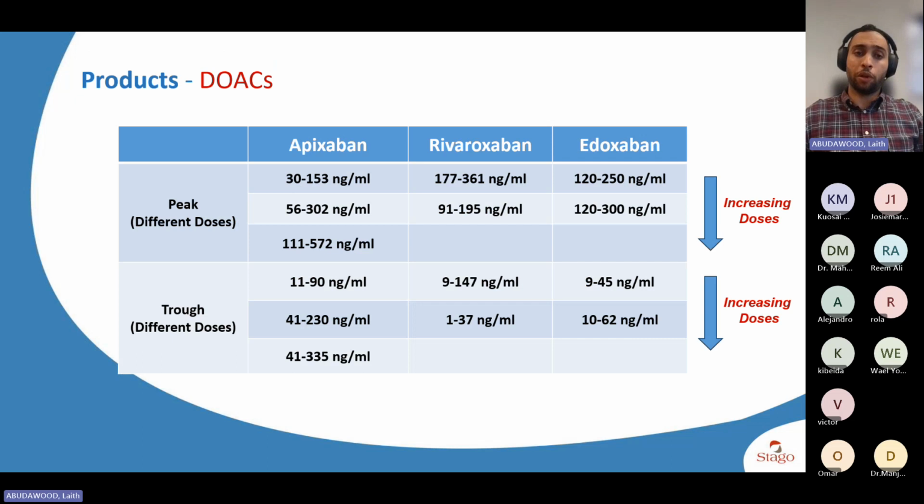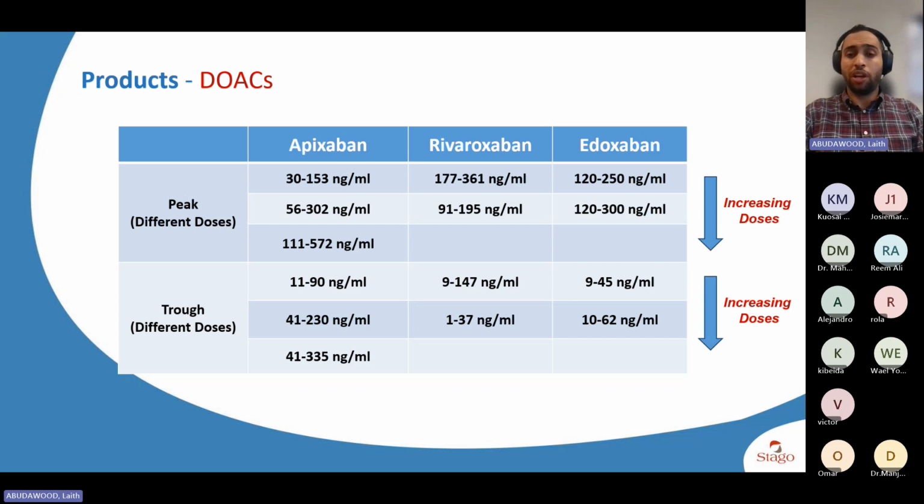peak on-therapy range for apixaban at a certain dose will be 30 to 153 nanograms per mL. At a higher dose will be this much. At an even higher dose, it will be this much. Of course, for every drug, it depends on the dose given for this drug. For the trough, for example, for apixaban, at a specific dose, I will have this much trough on-therapy range. I will have this much at a higher dose on therapy trough